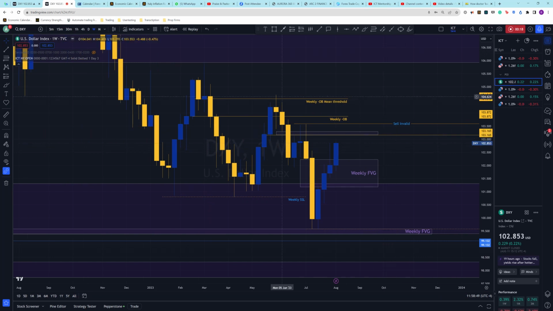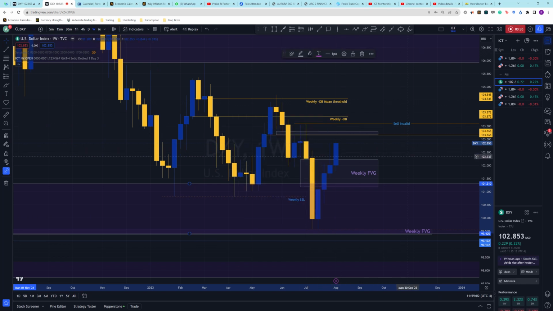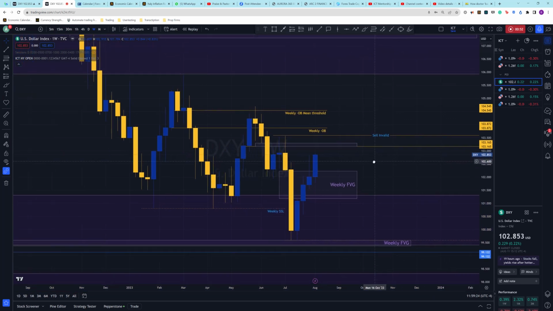Price has been pushing down consistently. This particular line is a monthly fair value gap that we've tapped into. We have reached the monthly fair value gap, but given how it delivered, I think this is actually probably a rejection of that monthly fair value gap. We touched a weekly fair value gap here as well and began to reject this on the DXY.